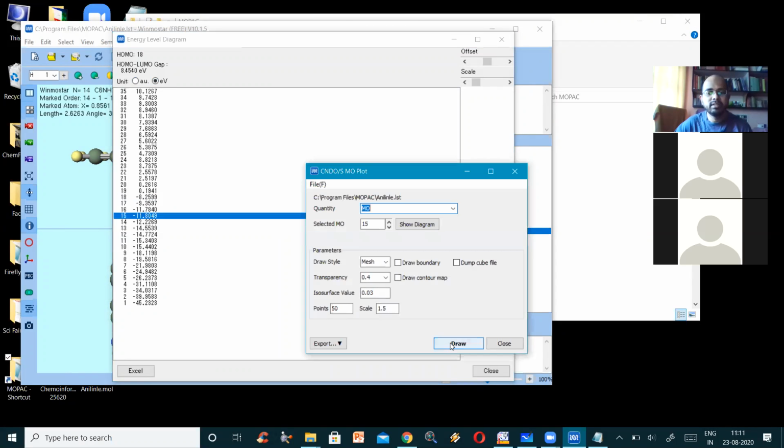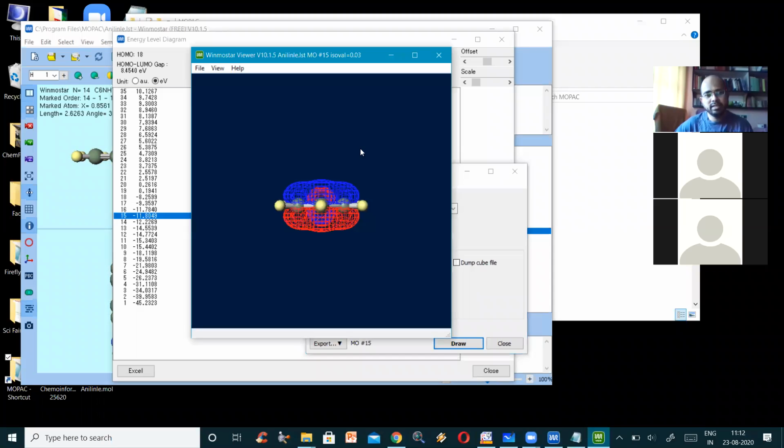So the gap is between the highest occupied molecular orbital, the red line, and the lowest unoccupied molecular orbital. These are the different levels of the orbitals that are there. And when you click that particular orbital, it gives you this. Look at this beauty. The red portions represent the negative portions, which we call the minus charge. Plus is blue, they give this portion. Aniline is inside. So I am able to visualize the orbital there.